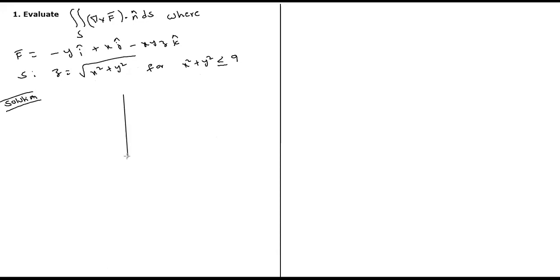Can you identify this? Open, sir. Just think again. I think we discussed this already. This kind of surface. Cylinder, sir. See, a cylinder has a constant radius, right? But here the radius is ranging from 0 to 3. Can you see that?